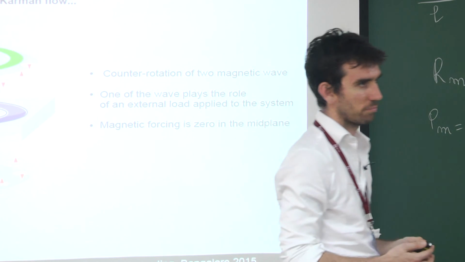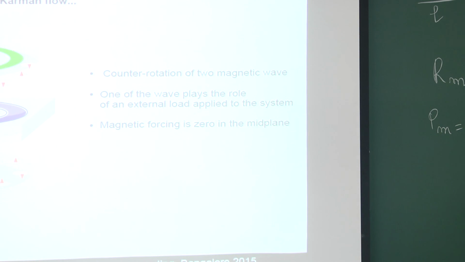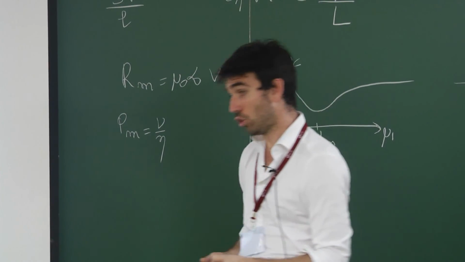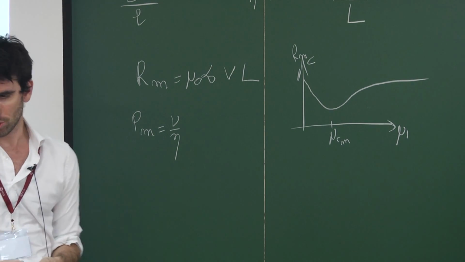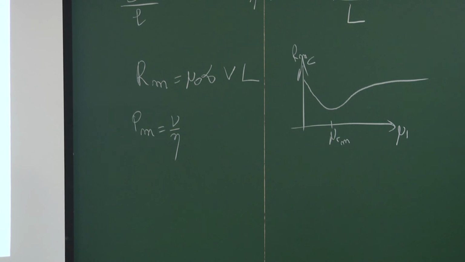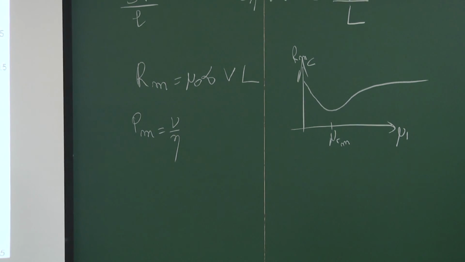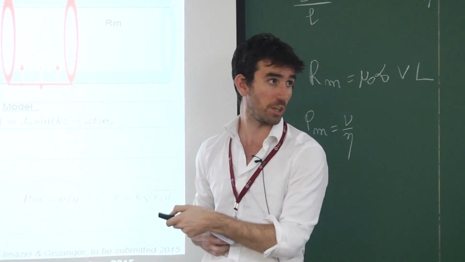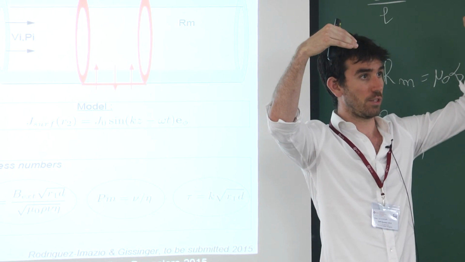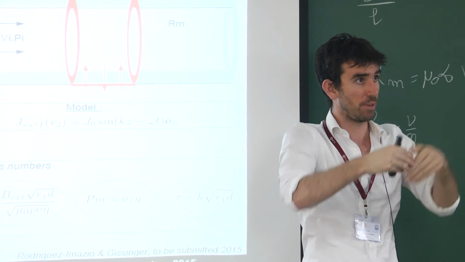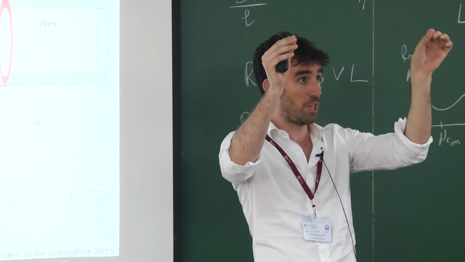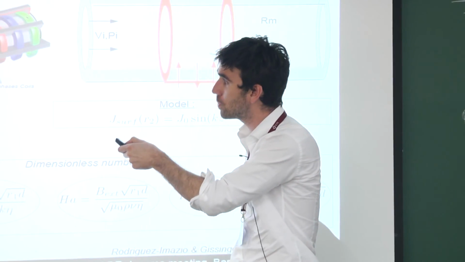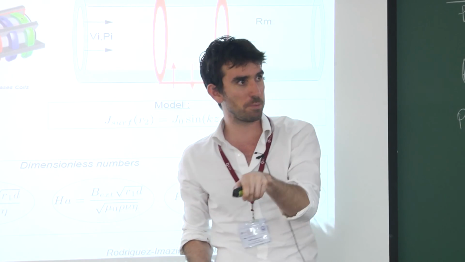In the industrial application, is the use of an annulus rather than a full pipe motivated by keeping Rm small in the gap? No, it's a good question. There are several technical reasons. One is that you want an inner part made of ferromagnetic cores to channel the field lines and force them to be really radial inside the gap. If you remove that, it's going to be more complicated to keep the field radial. You really want the field lines to do loops, to cross the gap, come back, and so that's